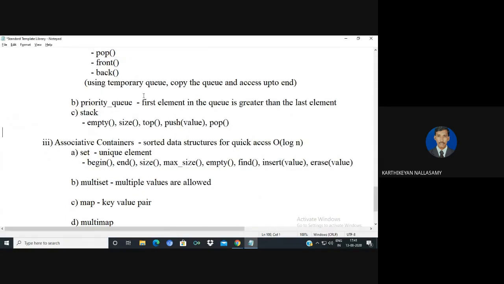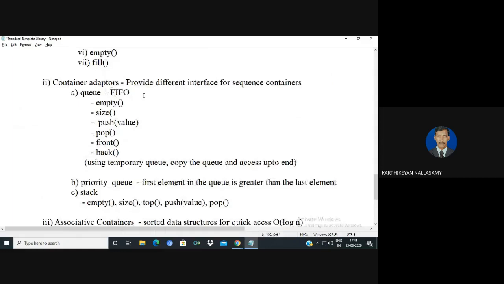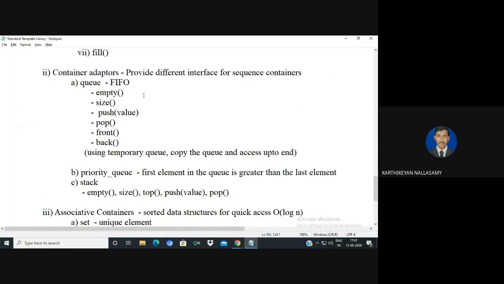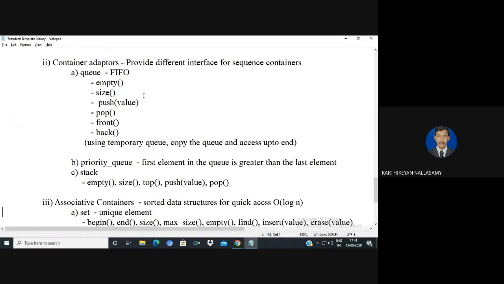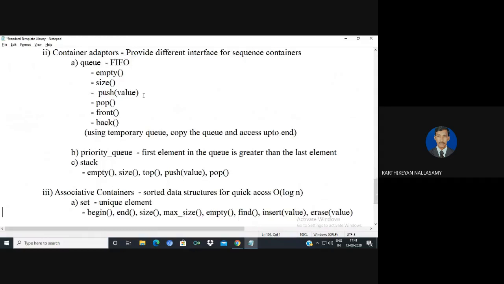And the third kind is called associative containers. In the sequence containers, the values are not in sorted order, so searching takes more time.